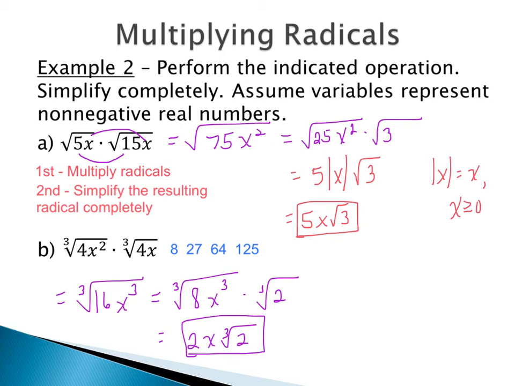So note here, I did not need to have that absolute value because anything to the third power, if it's positive, would be positive. If it's negative, it's going to be negative because you're multiplying it an odd number of times. So I don't need that absolute value only when we're doing the square root of x squared, square root of y squared. Any other root for right now is not going to be necessary.